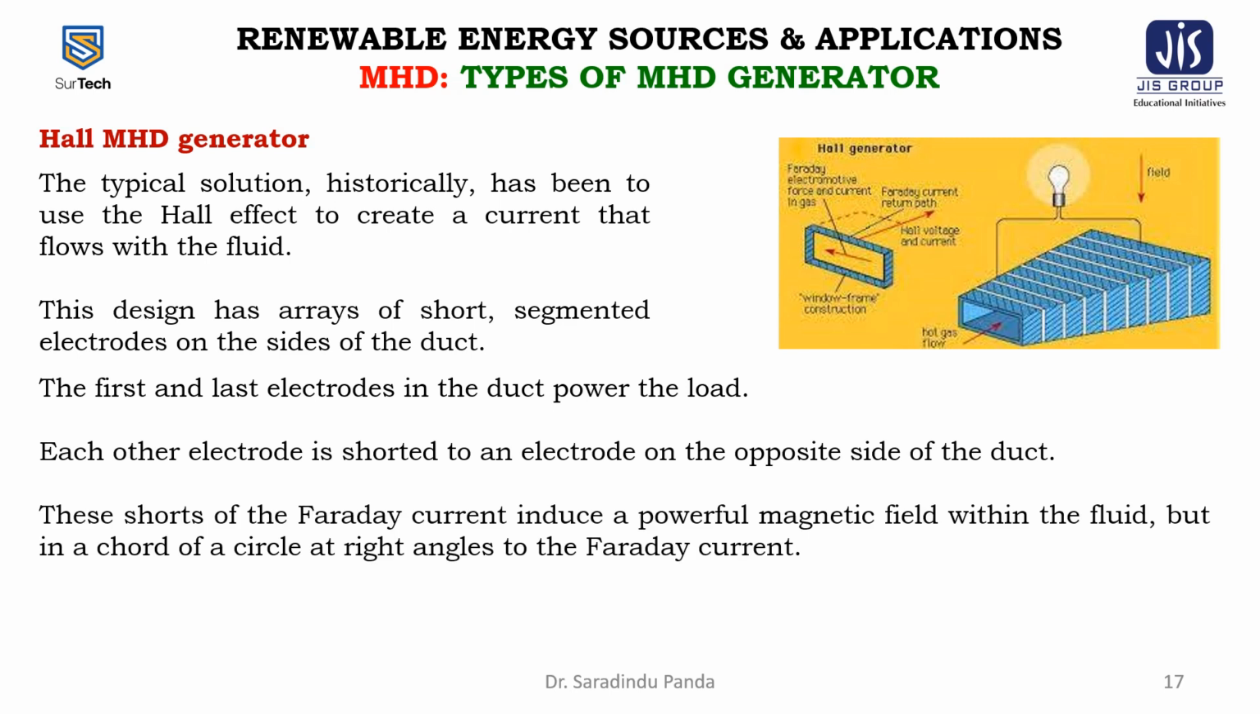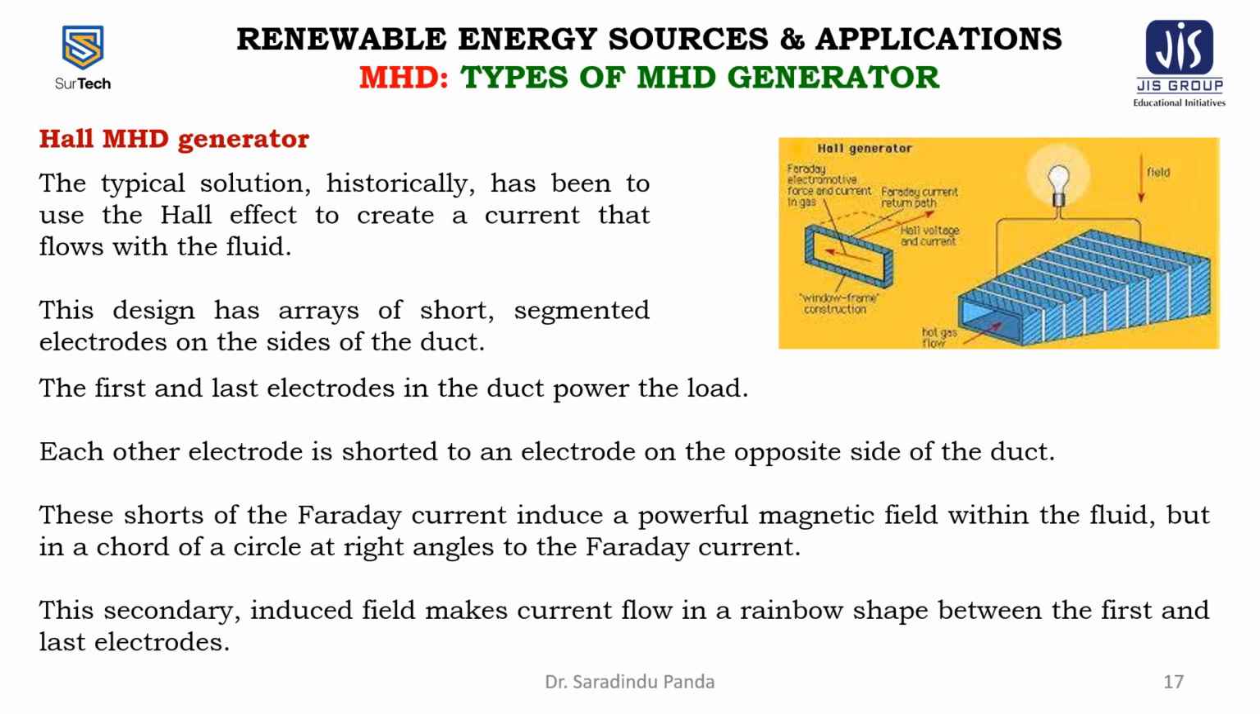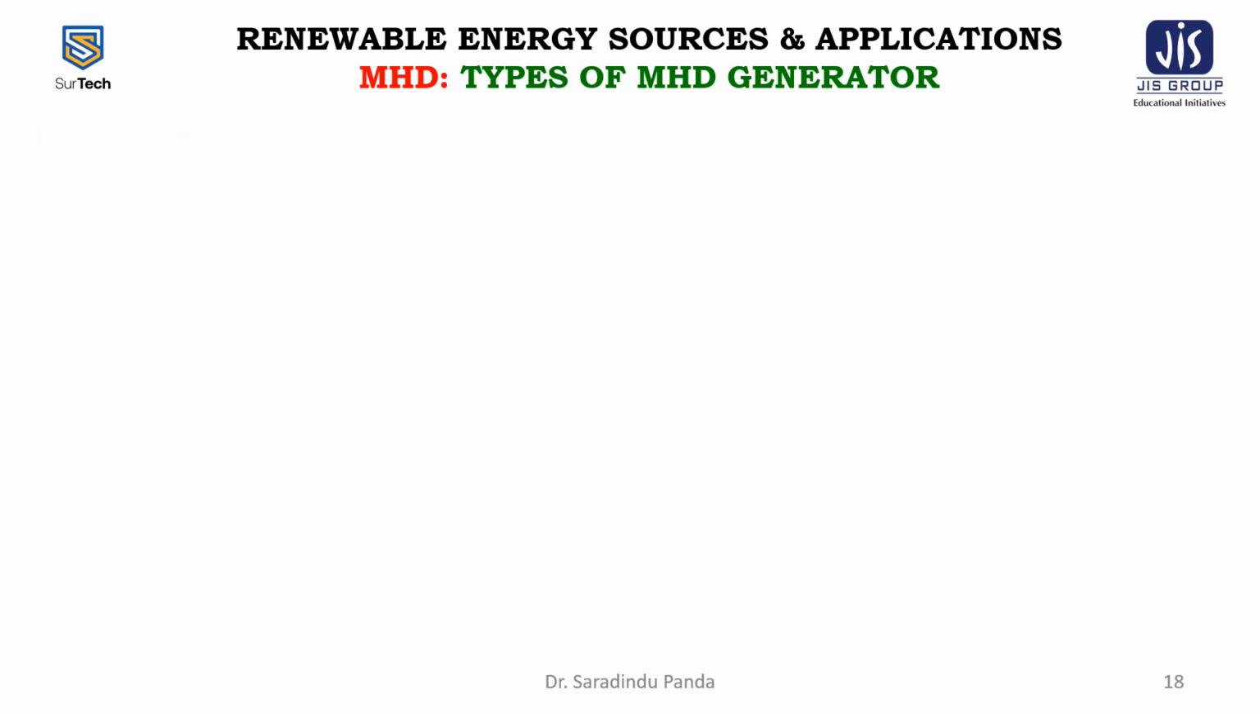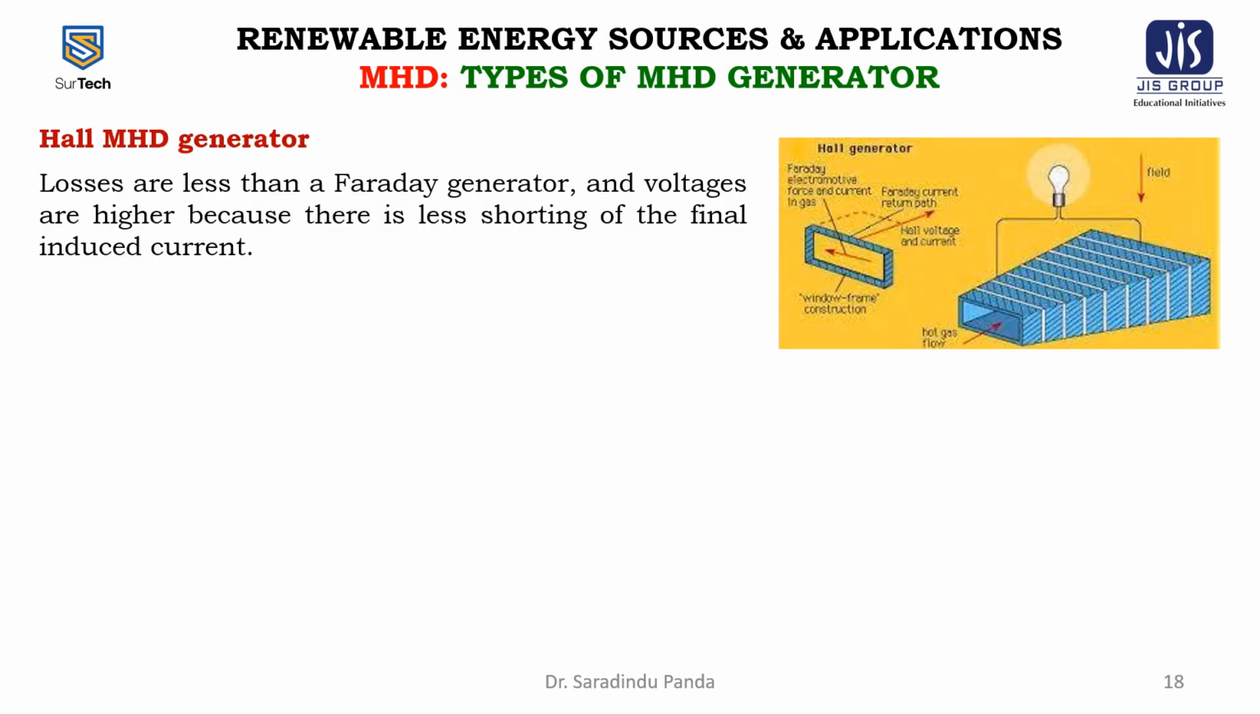These shorts of the Faraday current induce a powerful magnetic field within the fluid, but in a core of a circle at right angles to the Faraday current. This secondary induced field makes the current flow in a rainbow shape between the first and the last electrodes. Losses are less than a Faraday generator and voltages are higher because there is less shorting of the final induced